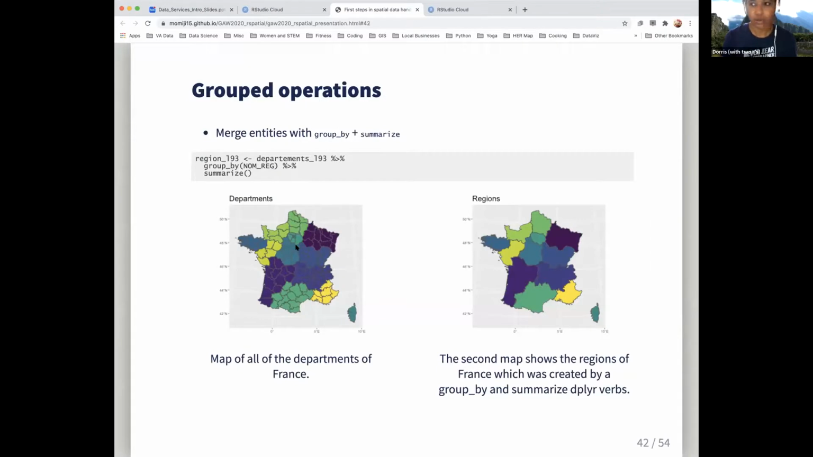You can also use group by and summarize to merge entities. So that would be like using a union type of function or dissolve type of function using an ArcGIS interface. And this code is dissolving all of the regions that you see on the left, the departments, into regions. And you can do that by, if you look at the first code,